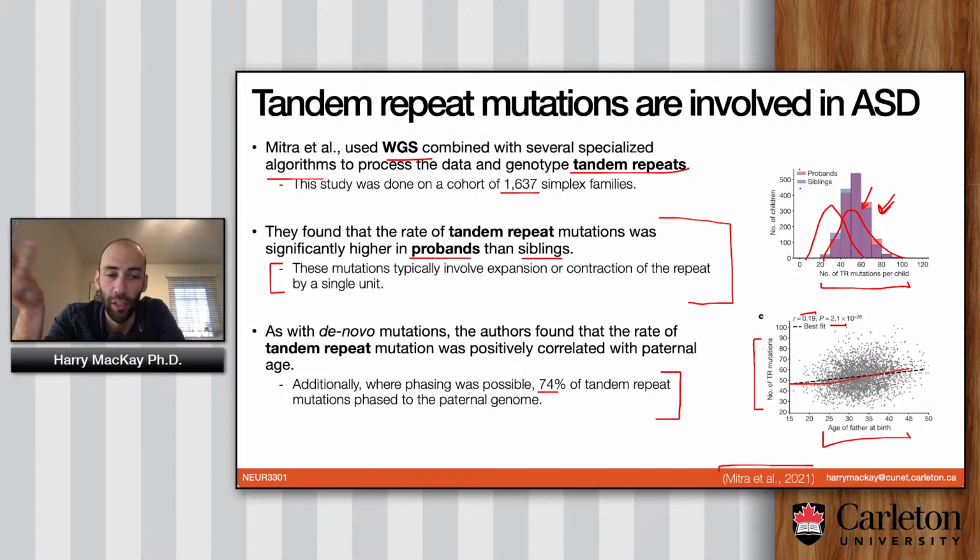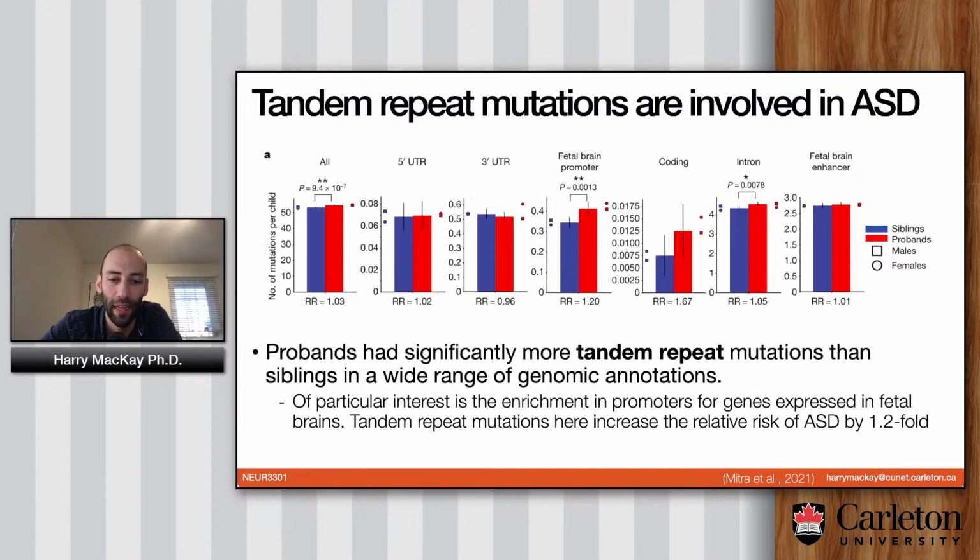And both of those, I should say, are impossible to find using microarrays. You cannot do phasing on a microarray. You have to have sequencing data to do phasing. So pretty interesting stuff. Now, if you look at where these tandem repeat mutations are happening, what you'll find is